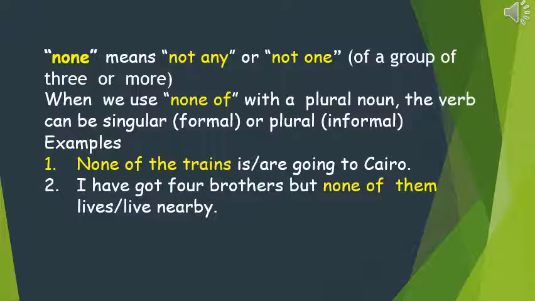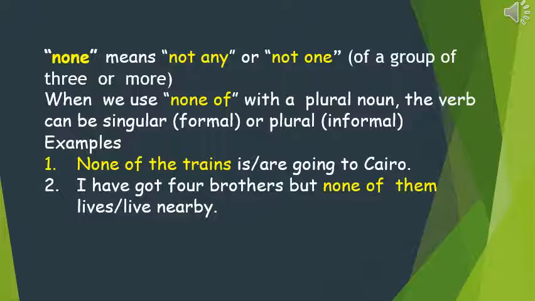None means not any or not one. معناها لا أحد أو لا شيء. Of a group of three or more. طبعا مجموعة بنوصف بها مجموعة خاصة بثلاث أشخاص أو ثلاث أشياء أو أكثر. When we use none of with a plural noun, the verb can be singular or plural. طبعا singular يبقى دي شكل رسمي، الفعل مفرد يبقى ده formal way of speaking, and plural ده يعتبر informal way